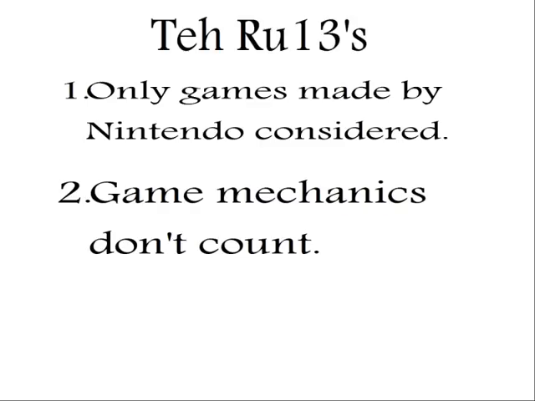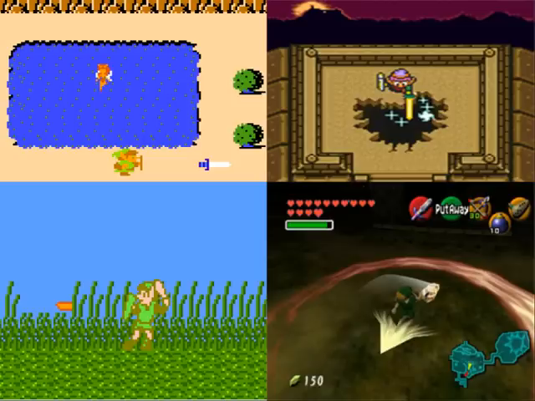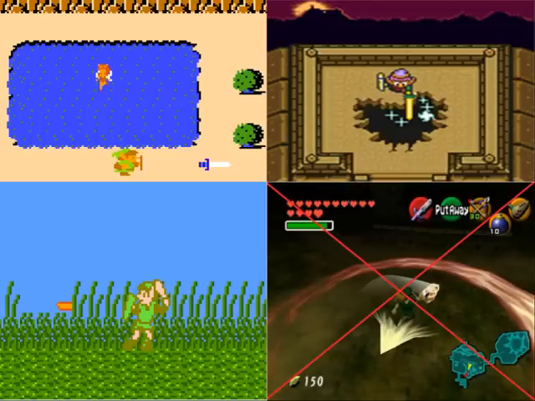Rule number 2. Gameplay mechanics will not be used as a way to determine the timeline of a game. A good example of this reason is the beam attack. Now, this attack is used in several games, where the hero reaches a high health, and it causes a beam to shoot from the sword when attacking. However, there's at least one game, Ocarina of Time, where the developers wanted at one point to include this attack, but for various reasons declined against it. This shows the perils of using a gameplay mechanic to put a game spot on the timeline. You wouldn't want to move it for this reason within this example, because the developers did want to put it in, but for gameplay reasons couldn't.